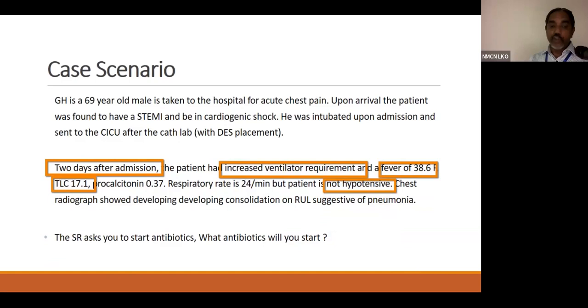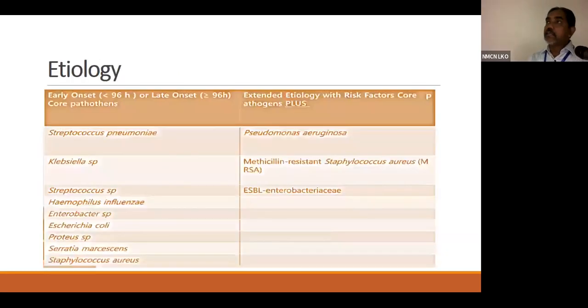Patient was not in shock, and procalcitonin was 0.37, and there was a radiographic suggestion of pneumonia. So this patient qualifies for hospital-acquired pneumonia, and in hospital-acquired pneumonia, we have early onset pneumonia, that is less than 96 hours, or late onset, more than 96 hours. In less than 96 hours, the usual etiology is Streptococcus pneumoniae, Klebsiella, and less commonly,